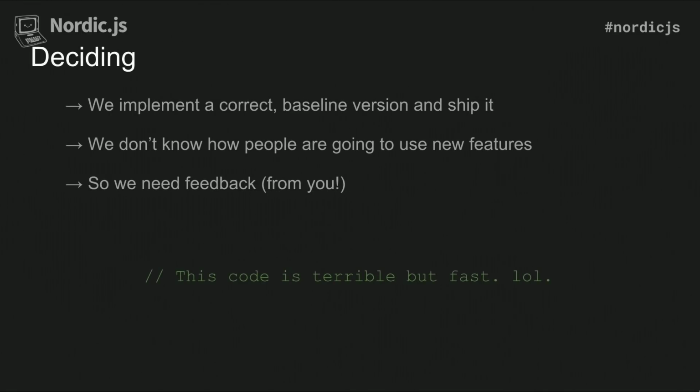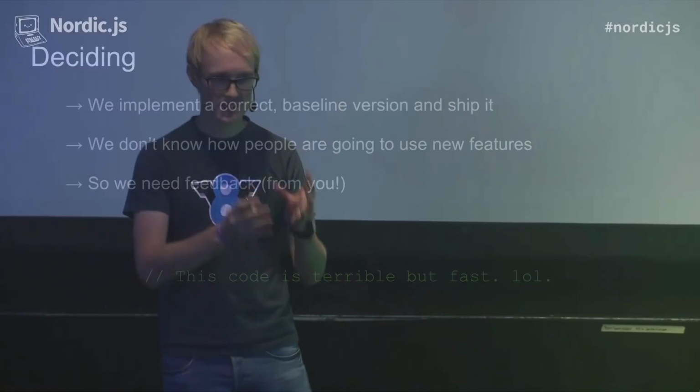So first of all, when we get these new features, basically what we want to do is implement a baseline version that's really fast. That's not too fast, but it just covers everybody's use cases. Like it's specification compliant, it passes all of the tests. But the thing is, we don't know how people are going to use features yet. So with something like spread, we didn't know what types of things people are going to be spreading. Are they going to be calling it on arrays? You can also call it on a string because it just calls the iterator protocol. So we don't know how people are going to use features, which brings me to the first point, which is